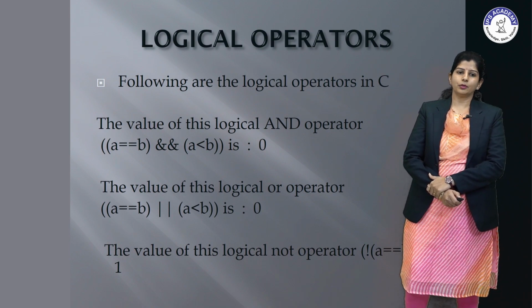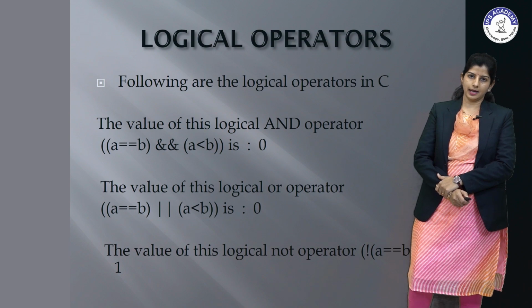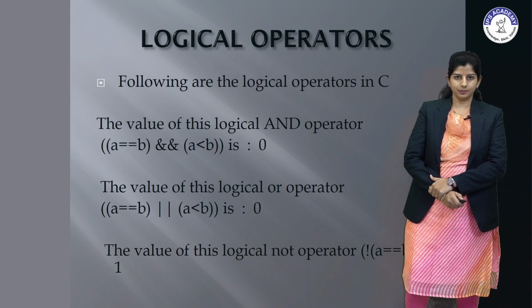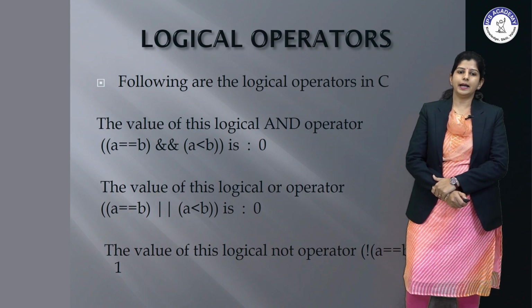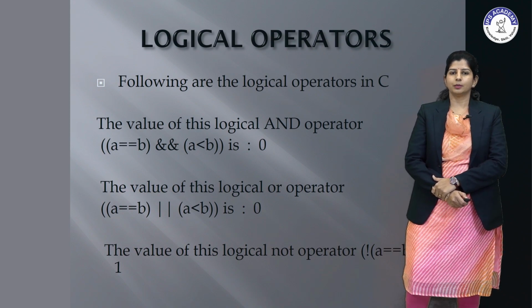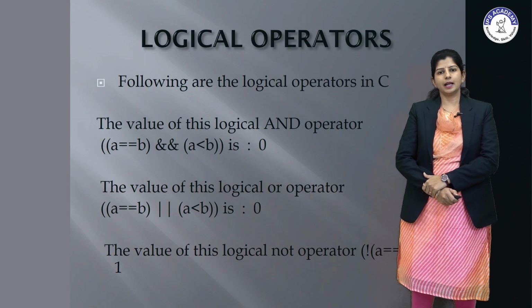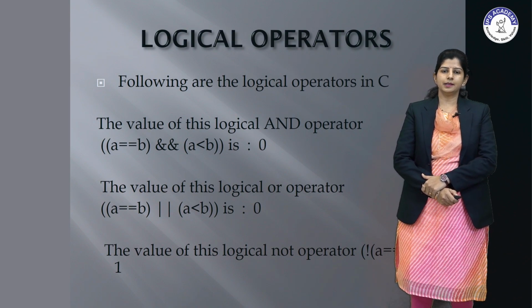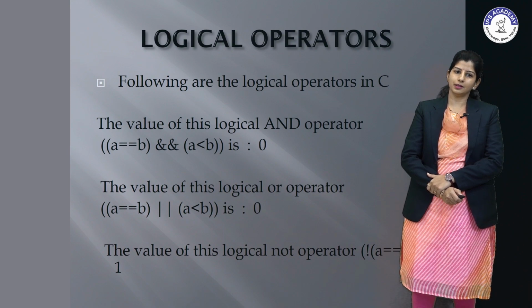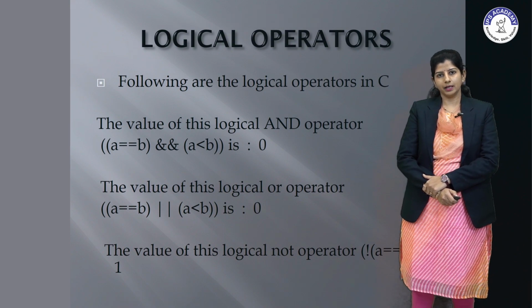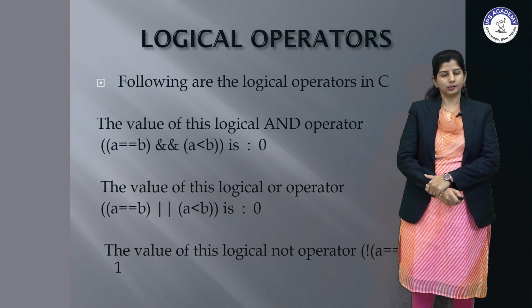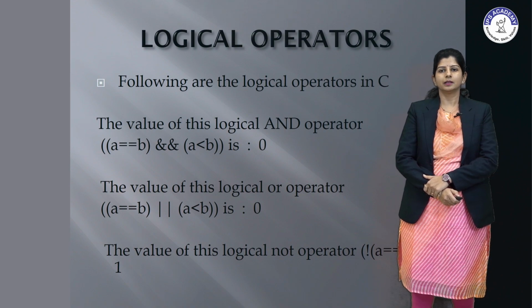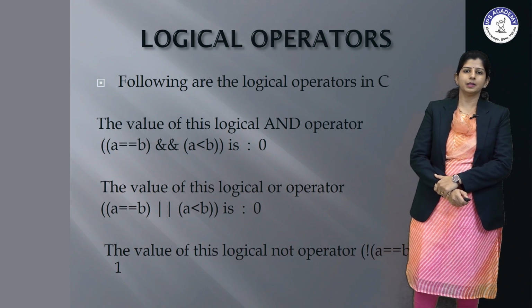If I want to check both conditions at the same time, then the AND operator helps me evaluate this, that is, A is equal to B and A is less than B. If both conditions are satisfied, then I will get my answer, that is 0 or 1. I am getting 0 here because A is not equal to B in the last program. A is not less than B and A is also not equal to B, because the value of A is 10 and B is 5.